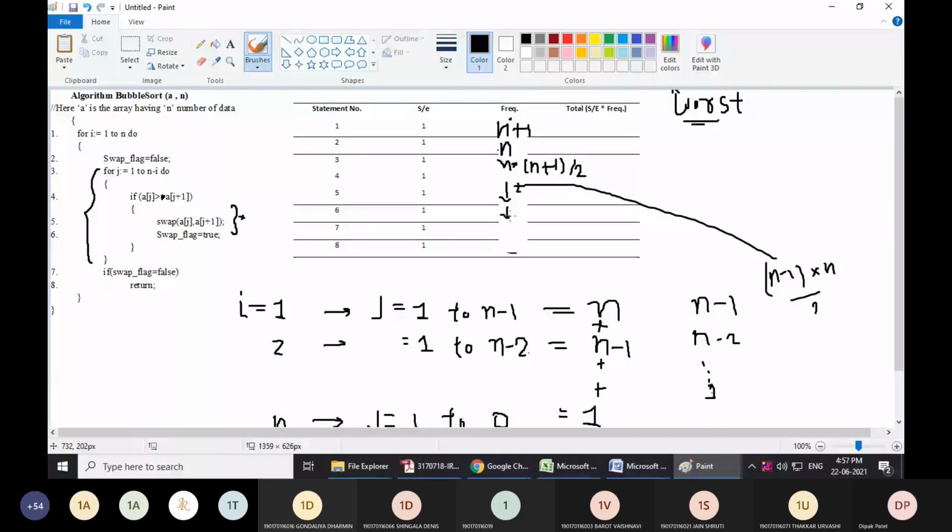Now the seventh statement is inside the outer for loop, so the step count will be the same as statement 2, that is n. The eighth statement won't be executed, or at the last iteration, if it is executed, then it will be 1, and in that case we have to subtract 1 from the outer for loop count.